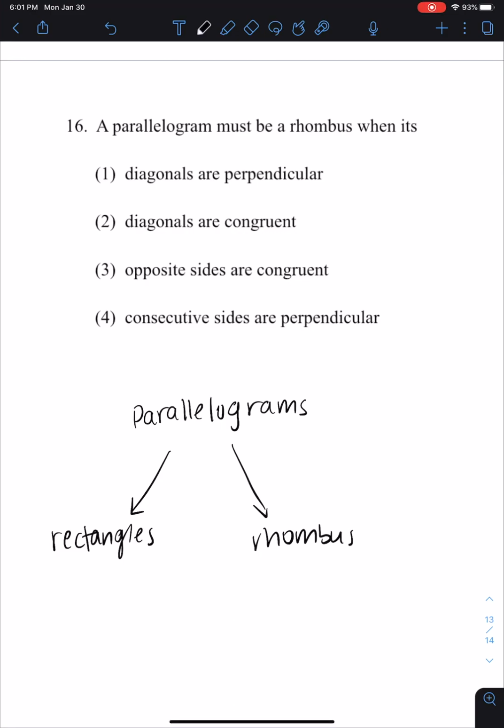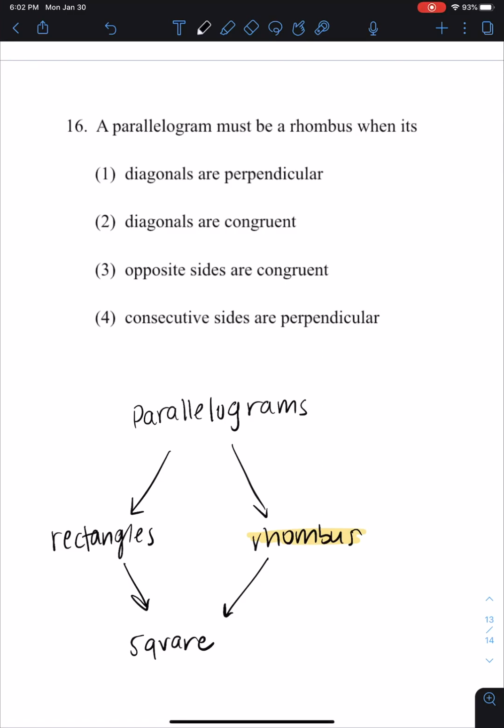And all the properties of a parallelogram will be true of rectangles and of rhombuses. But there are specific properties of just rectangles and specific properties of just rhombuses. And these are the properties that we're looking for here. What are specific properties of just a rhombus? In addition, if the quadrilateral has the properties of both a rectangle and a rhombus, then it makes it a